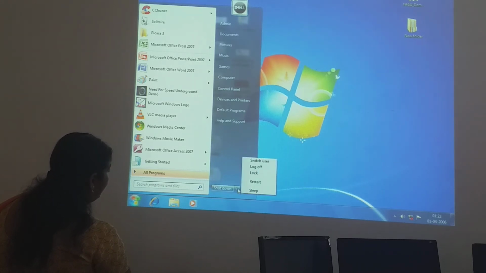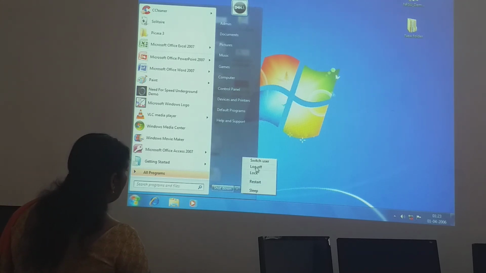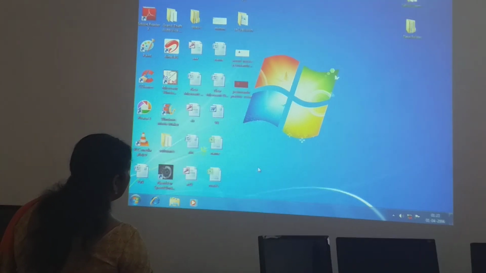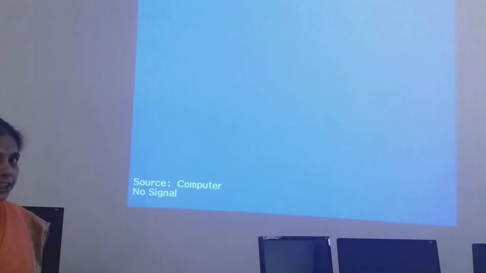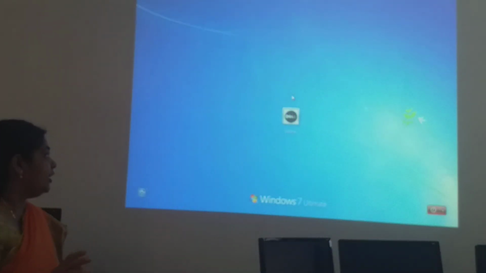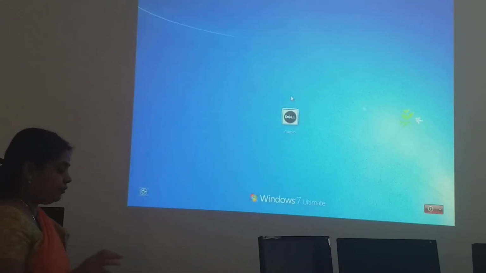If you click that, you will have these options: switch off, log off, lock, restart, sleep. Mostly, if any problem is there, we will use restart, otherwise we will log off. Click log off and then it will start shutting down. This is the proper way of shutting down, children. This one you should follow.